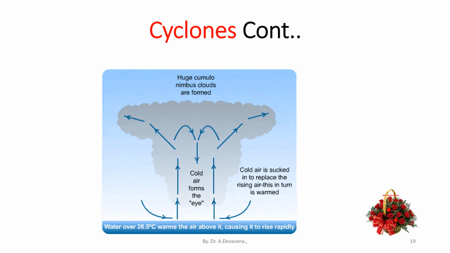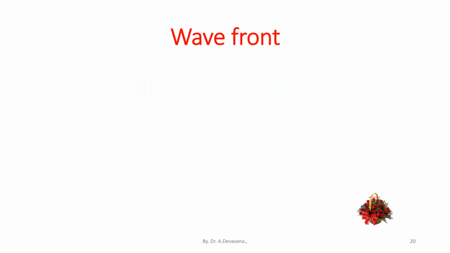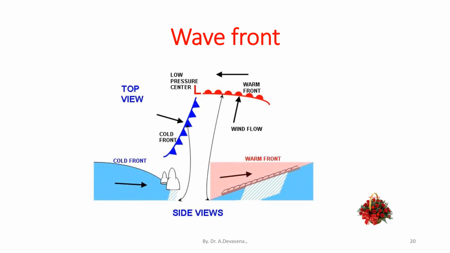Huge cumulonimbus clouds are formed because of this formation of warm air over the ocean. Wavefront creation is shown below. Here we have cold front, warm front, low pressure center, and